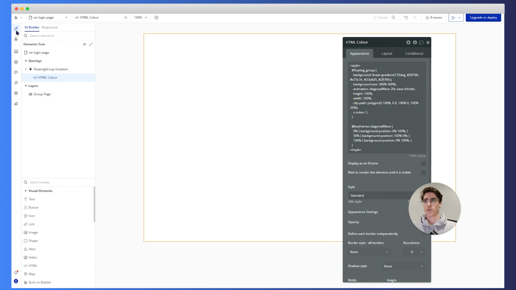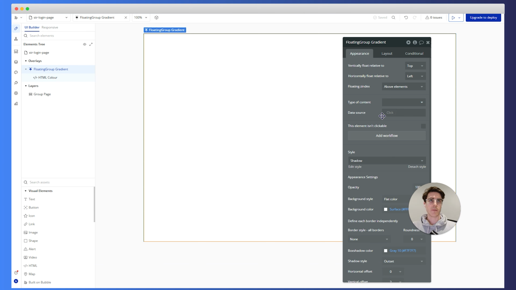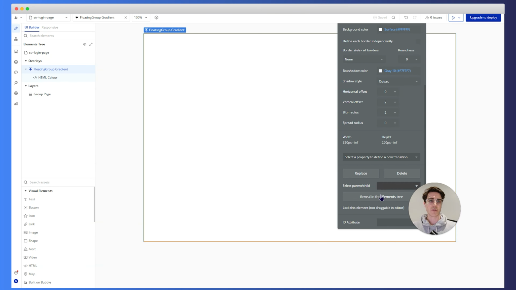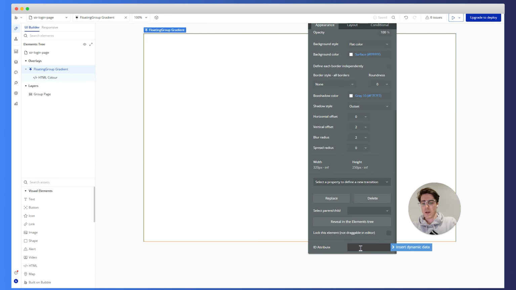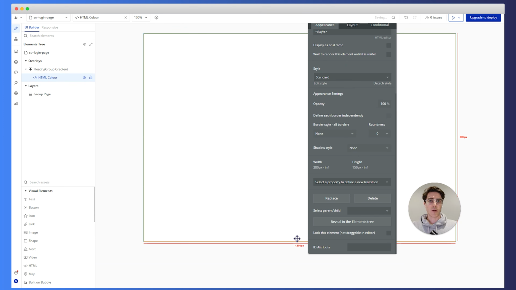We can now head back to the design panel, and when we're on this floating group gradient, we're going to give an ID attribute to floating group gradient, which is this one here. We're going to call it floating underscore group. So we select floating group gradient, scroll down to the bottom, and you'll see ID attribute now down the bottom. Type in floating underscore group, click away from that,